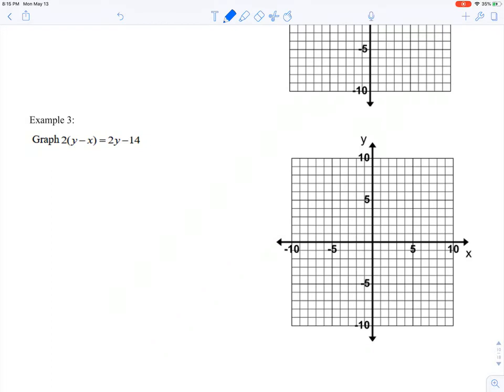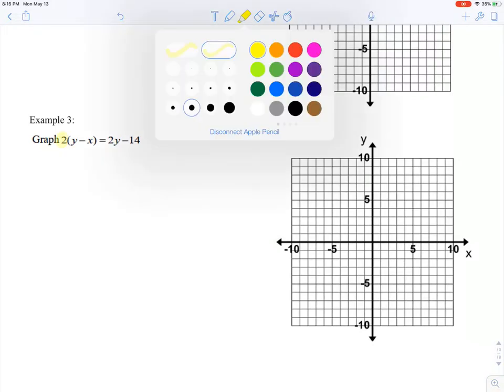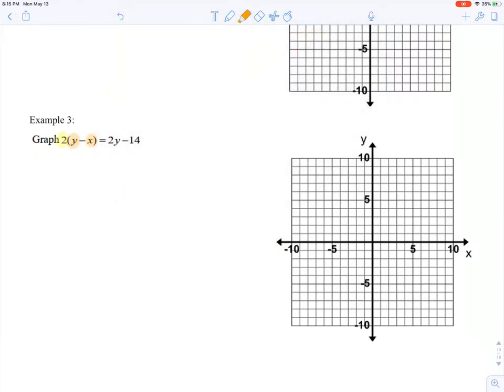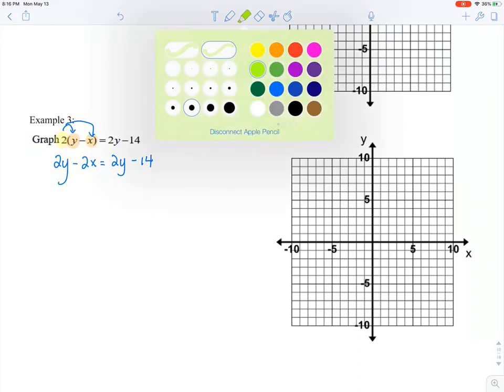Okay, so with the distributive property, we're multiplying the number outside of the parentheses by the numbers inside the parentheses. So I'm going to multiply 2 times y, so 2 groups of y would be 2y. Then I'm multiplying 2 times this negative x, so I have negative 2x on this side. Now, normally I would add 2x to both sides, and things like that. I'm actually not going to do that this time, and this is a special reason because